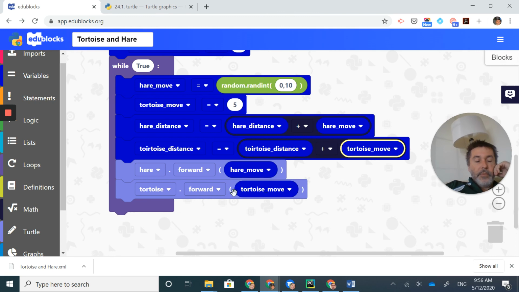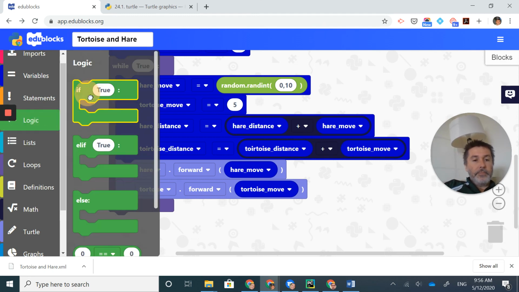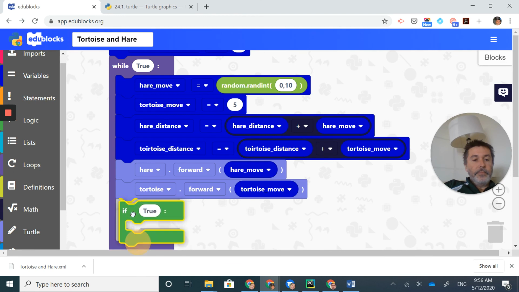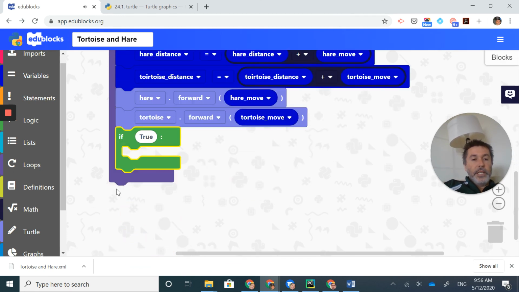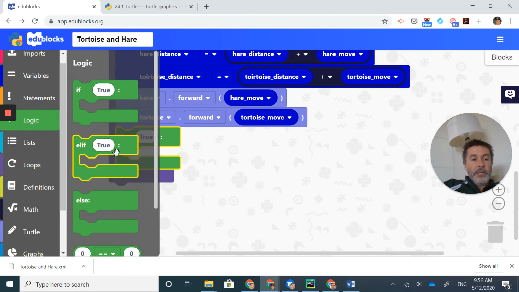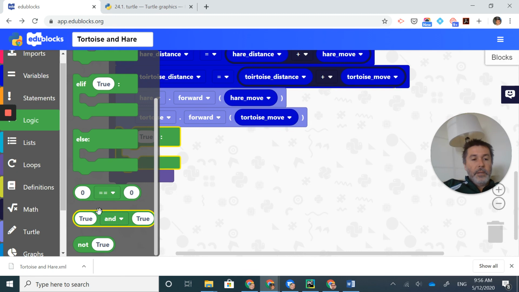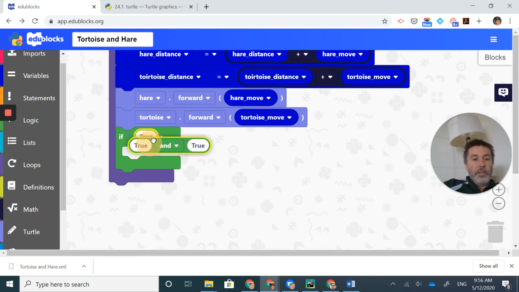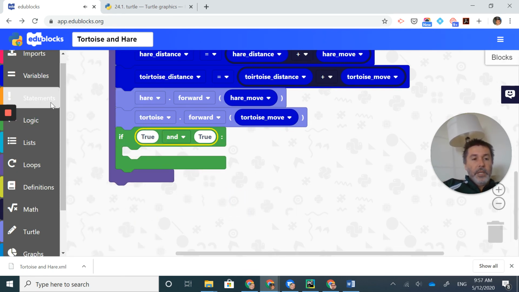I'm going to move them there. And then, of course, I need to check to see if either of them have won. So those are conditionals. Logic, if. So I'm going to check to see if both the hare distance and the tortoise distance are greater than the finish line, right? So if, it's going to be an and statement. If both of them have reached the finish line, if the